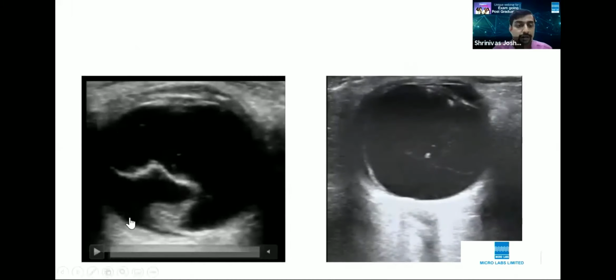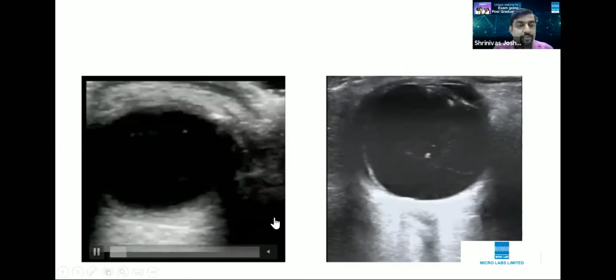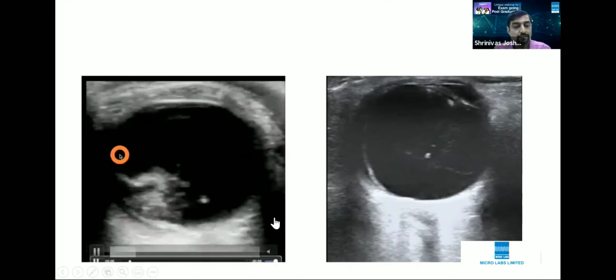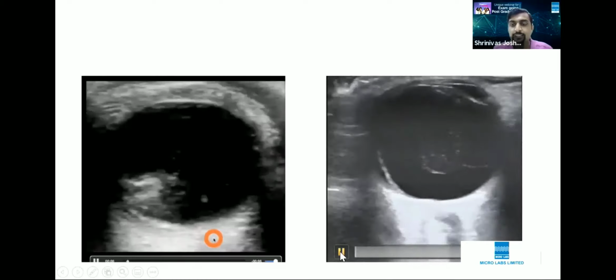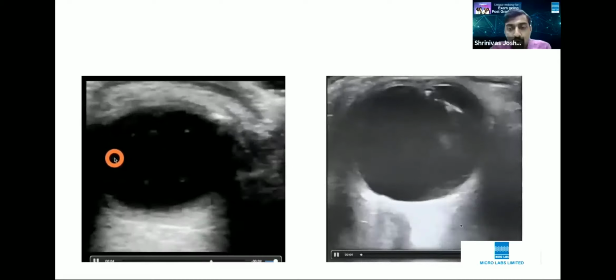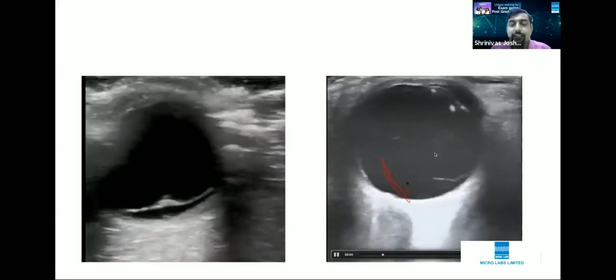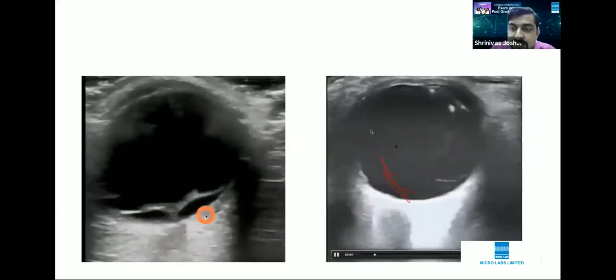Now, I think I'll just try to play this and show. See here, you can see this video. These kinds of B scans are always seen after eye movements. And here you can see in this video as well, if you compare both, there is more undulation on the right side, but definitely you can see some hyperechoic signals here, which is nothing but RD, but definitely inside what you see here is the PVD.